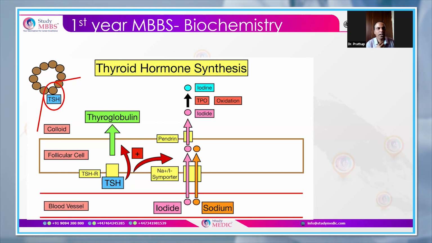The thyroid gland requires a stimulus from the pituitary, TSH, thyroid stimulating hormone. This TSH comes and stimulates the thyroid follicular cell. Once the thyroid follicular cells are stimulated, there is endocytosis of the thyroglobulin. It will be taken in, and then the thyroglobulin will reach a level where the tyrosine residue, that is the amino acid tyrosine in the thyroglobulin, gets iodine added to it. If one iodine is added to the tyrosine residue, it's called monoiodotyrosine. If two iodines are added, diiodotyrosine. So in the thyroglobulin, one monoiodotyrosine and one diiodotyrosine, when they come together, it is called